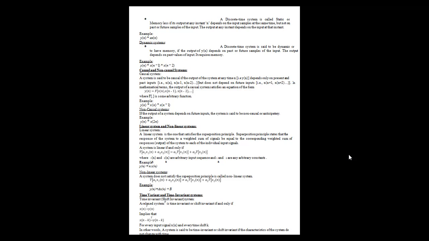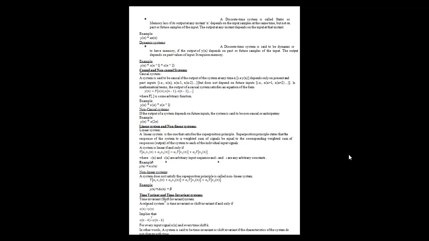The superposition principle is given by the expression: the transfer function T of a1 into x1 of n plus a2 into x2 of n. That is, the response of the system to a weighted sum of signals should be equivalent to the corresponding weighted sum of the outputs of the system to each of the individual input signals. So that is a1 into T of x1 of n plus a2 into T of x2 of n, where x1 of n and x2 of n are the inputs and a1 and a2 are